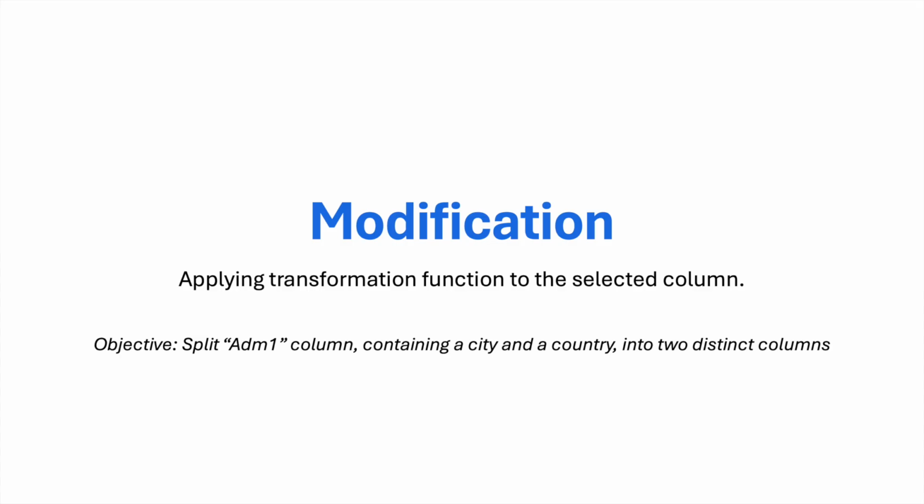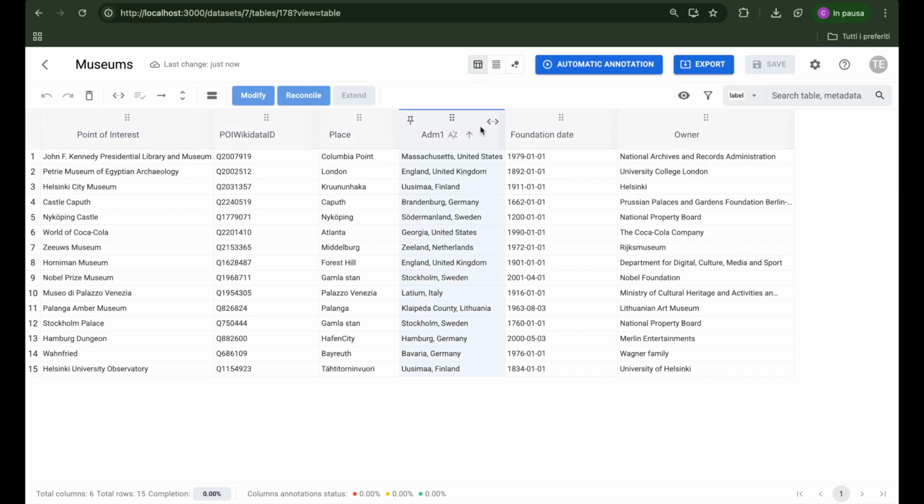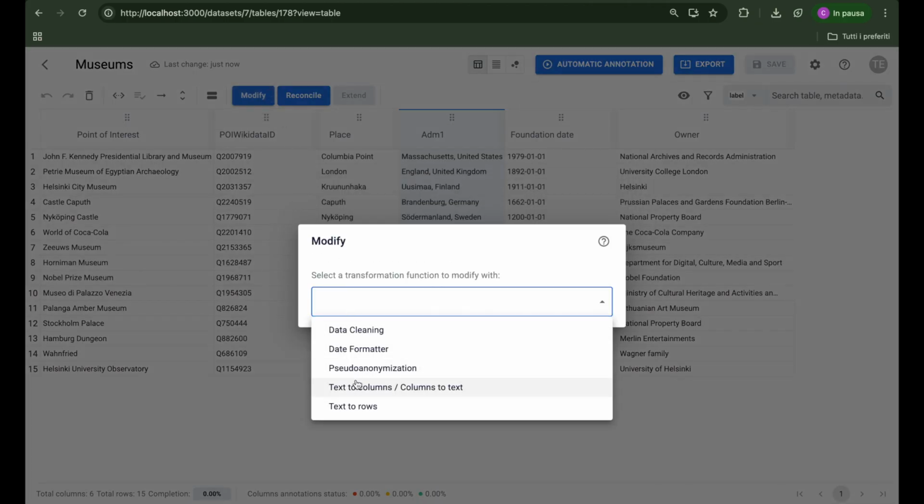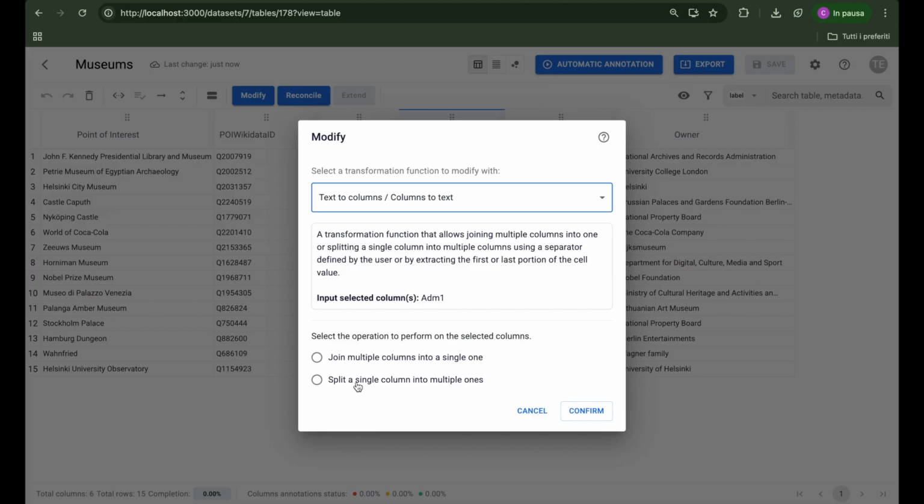Modification. Applying transformation function to the selected column. Objective. Split the ADM1 column, containing a city and a country, into two distinct columns. We select the ADM1 column and click on the Modify button. Then we can select the text to columns / columns to text and configure the function, choosing the split operation,